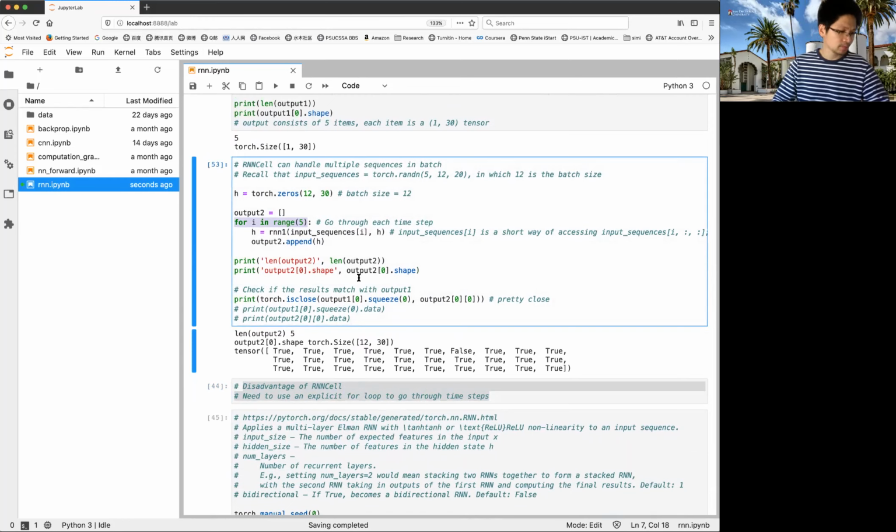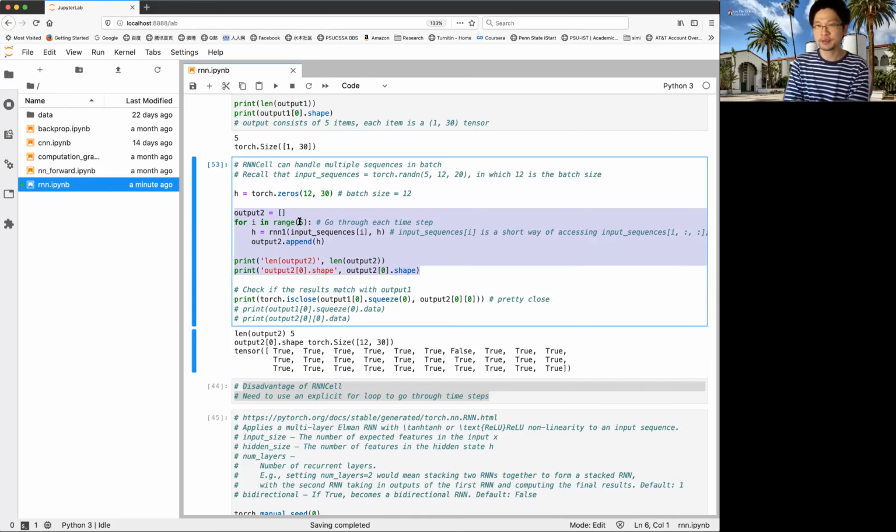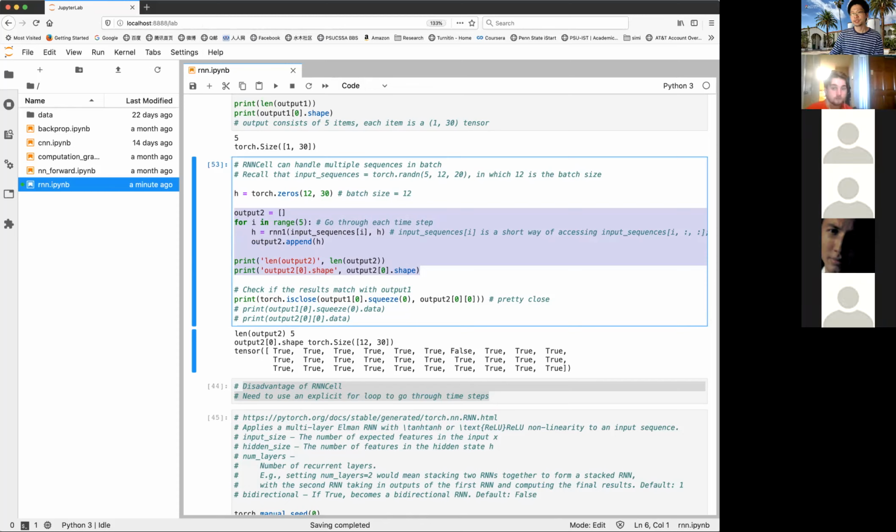And actually, this is not flexible. A for loop in Python is not a very performant operation. And if we use some more advanced techniques, it can allow us to avoid this for loop